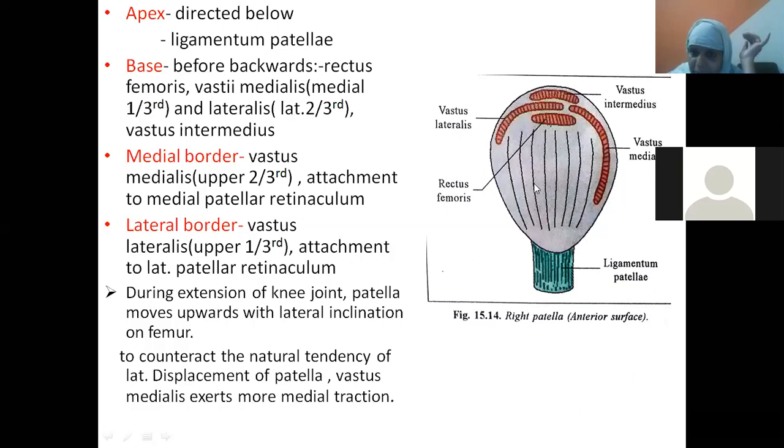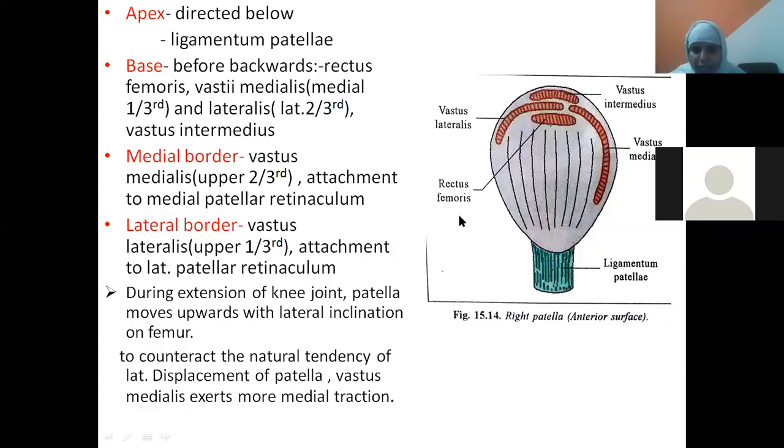We know this bone is a sesamoid bone which has developed in which muscle, beta? Quadriceps femoris. All four muscles take insertion over the patella. So what are the various muscles? See, this is the base. At the base, which muscle is taking its insertion? Vastus intermedius. Okay, and more on the medial side, along the medial border of the anterior aspect, which muscle is inserted? Vastus medialis. A little on the lateral side, you will have the insertion of vastus lateralis.